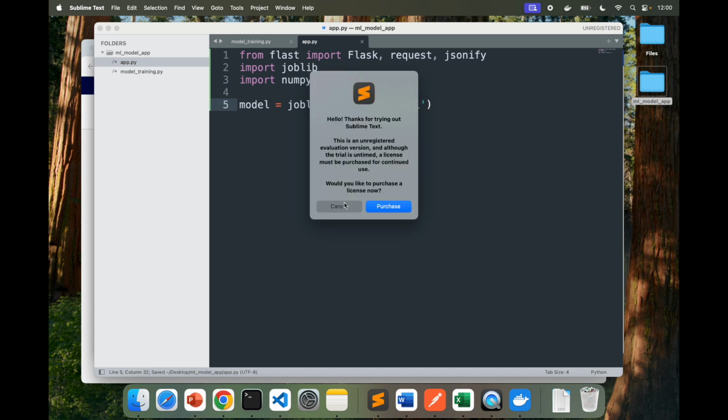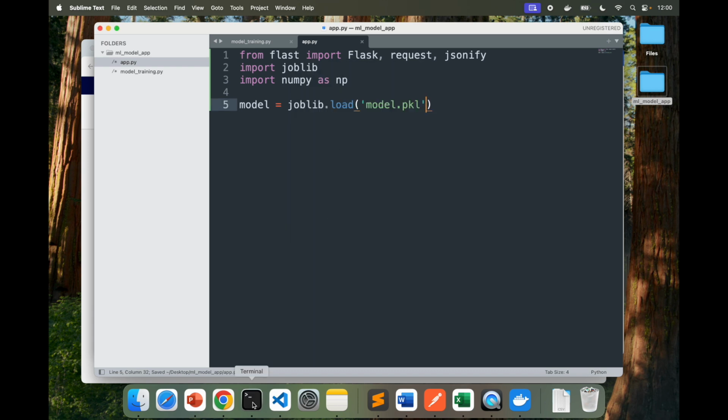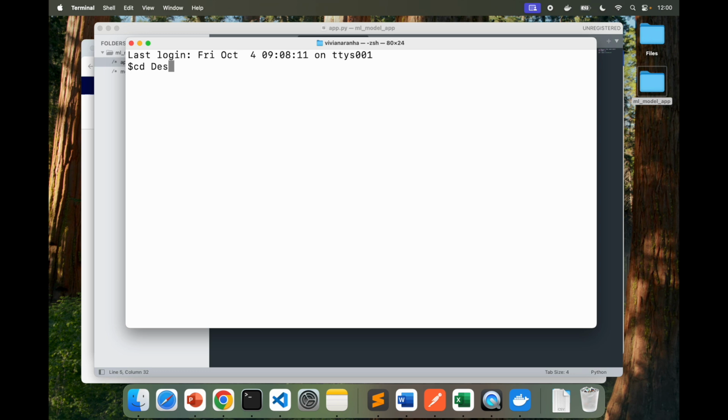So before we even go forward, let's open a terminal, go to desktop, clear. We create an environment, python -m venv, and I'm going to call it model environment. And then I'm going to activate it, saying source, then /bin/activate.